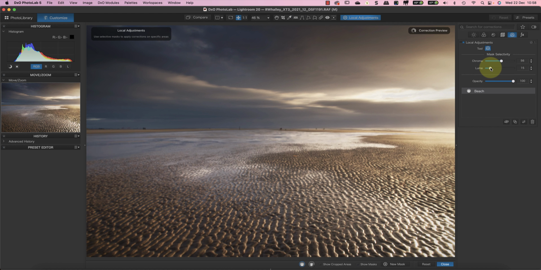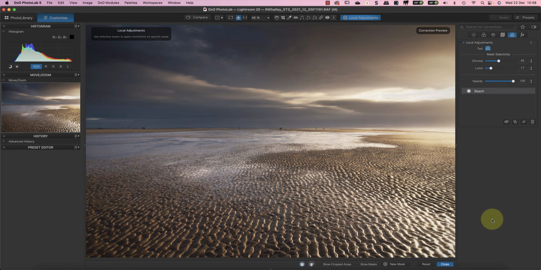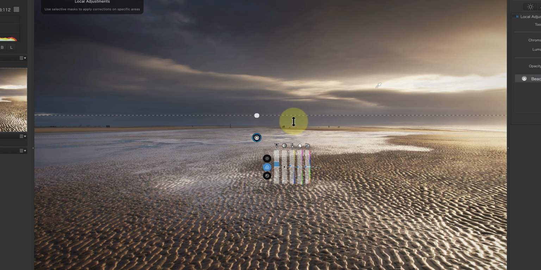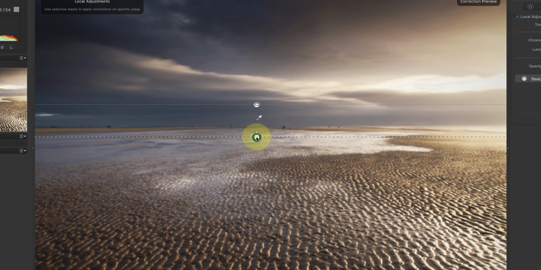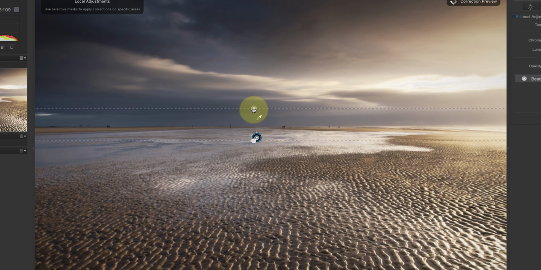Now let's look at a common mistake, especially for photographers used to working with older versions of Lightroom. When you want to adjust another area of the image, you can't just add a second control line. For example, let's say we want to add a control line to adjust the sky. I can create this new selection by clicking and dragging over the sky, but I haven't actually selected the sky with this.